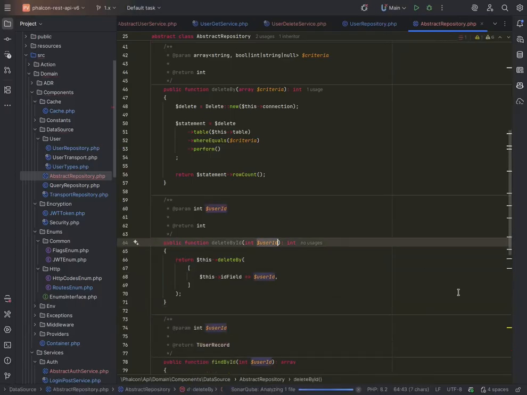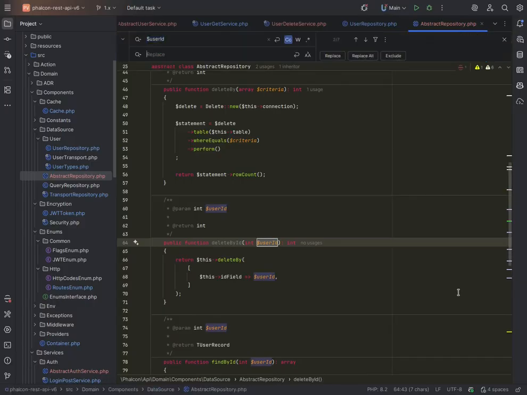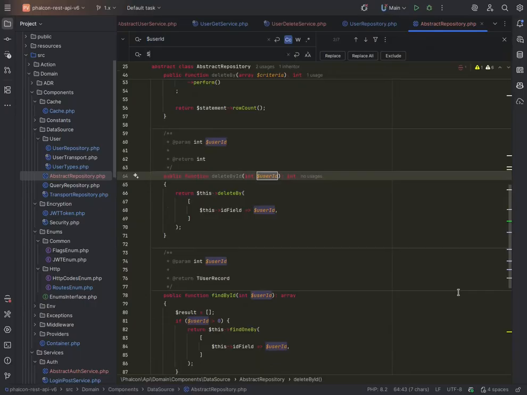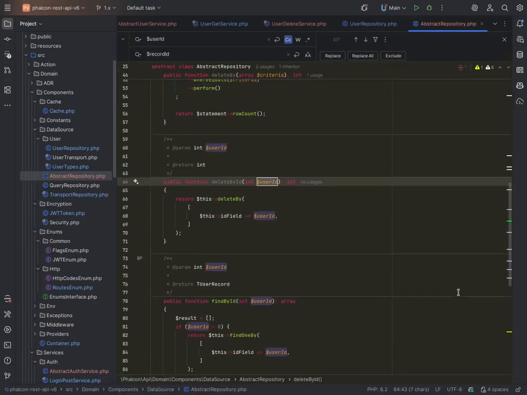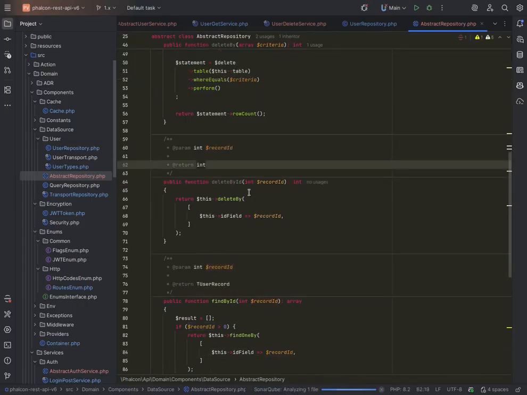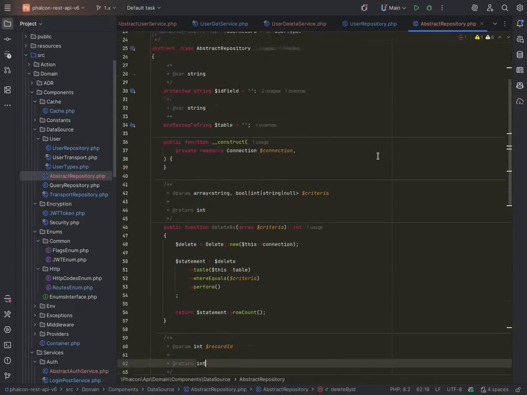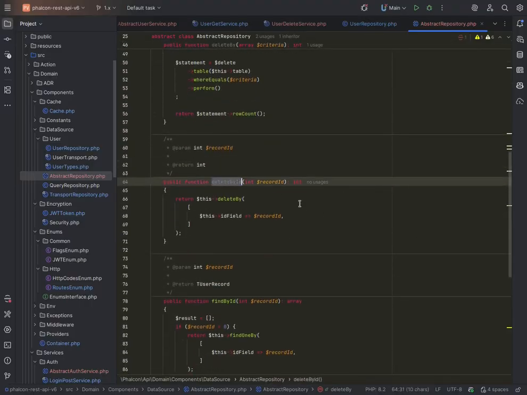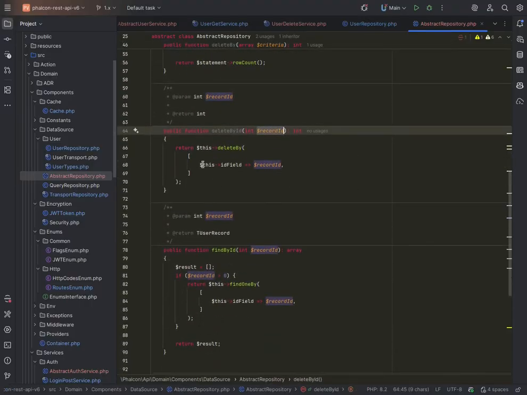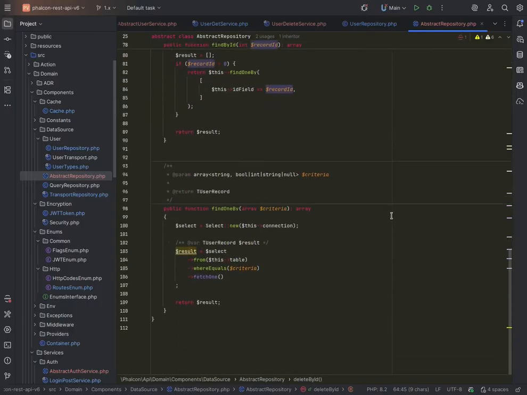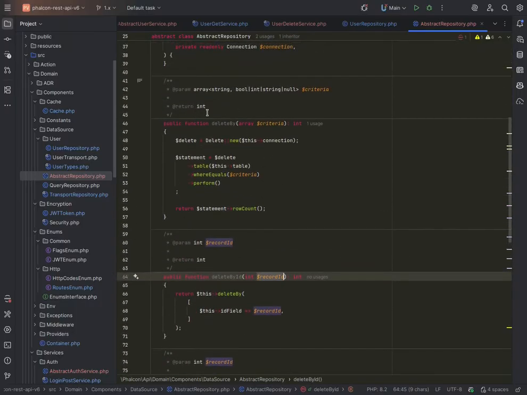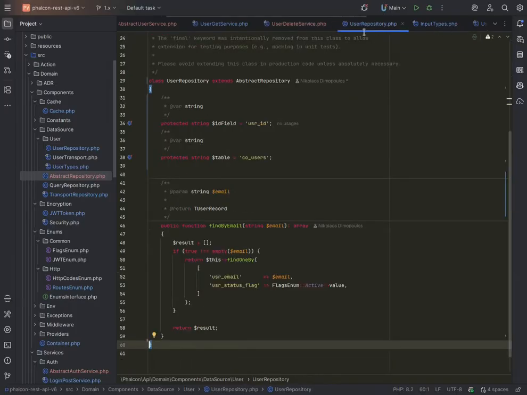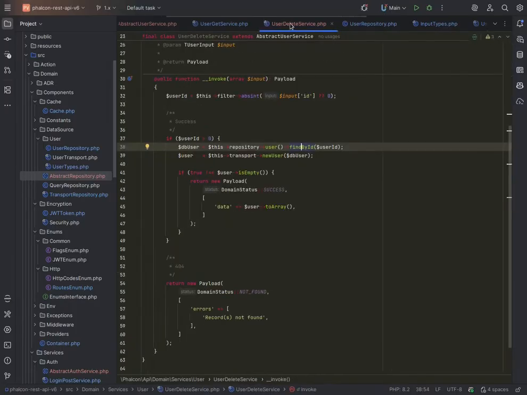And also I want to do a change here, because it will make things a little bit easier. It's not a user ID anymore, it's a record ID. Let's replace it everywhere, because this is the abstract class. All right, so we're deleting by ID with this, and we're matching the ID field with whatever we passed as an integer. And then we're deleting here when we're doing the full perform. Okay, so now that we have this and user delete service,